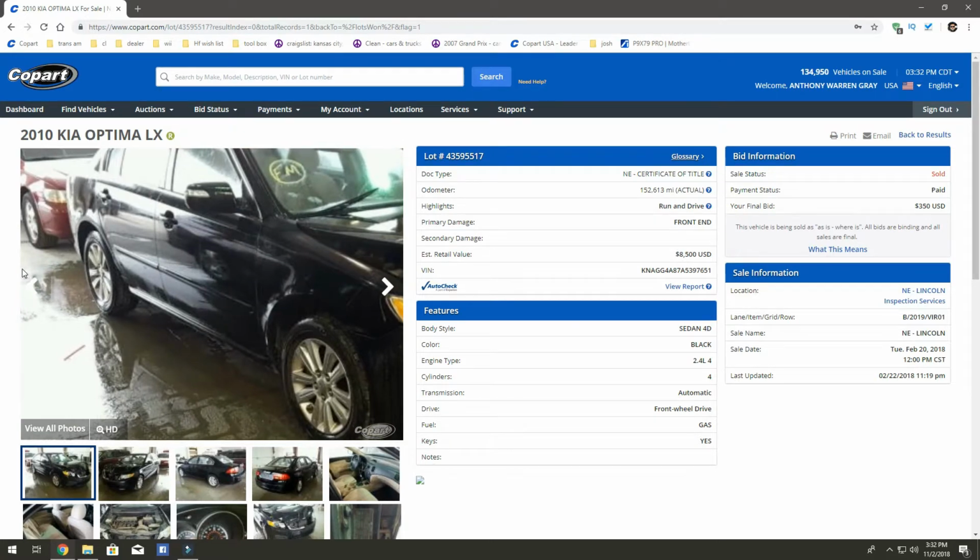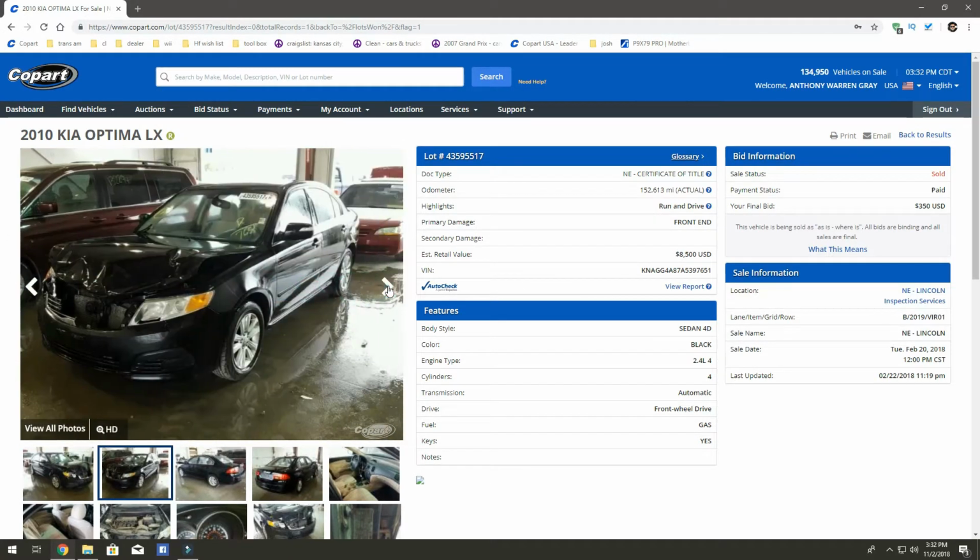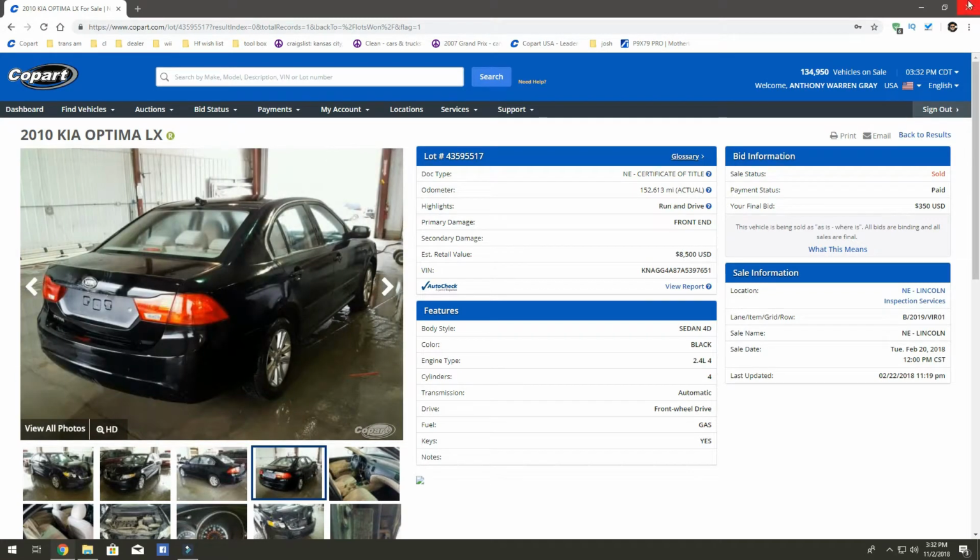But so you can make money on Copart, you know. Like I said, we were just buying that for the motor, and it turned out to be a really nice little car that we made a pretty decent little profit on. You know, $2,000 profit doesn't sound like that much, but when you only give $300 or $350 for the car, and then with your fees and everything, you're at $600 for this car. It's a 2010. I priced it on the low side at $4,000 because